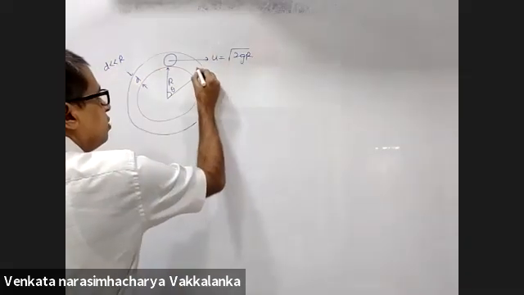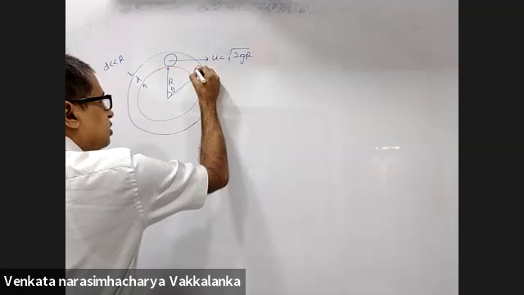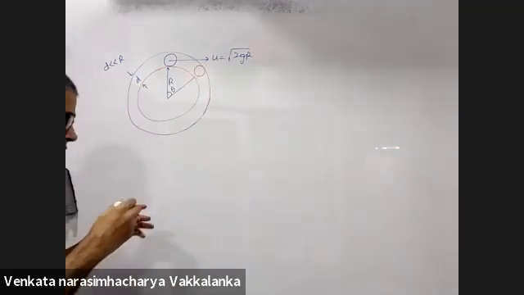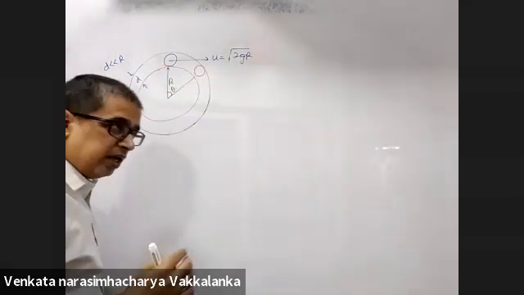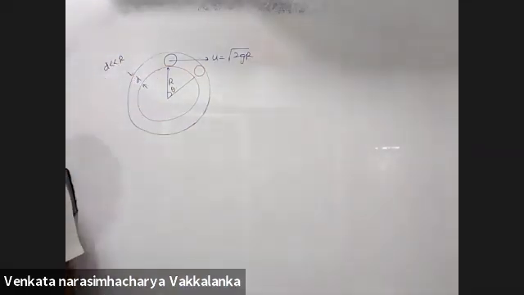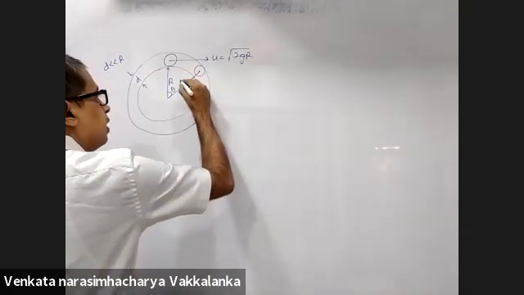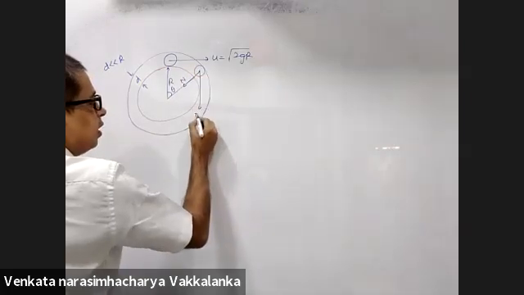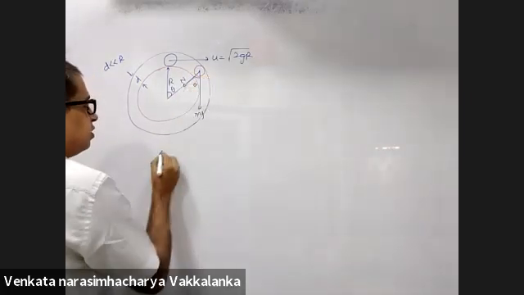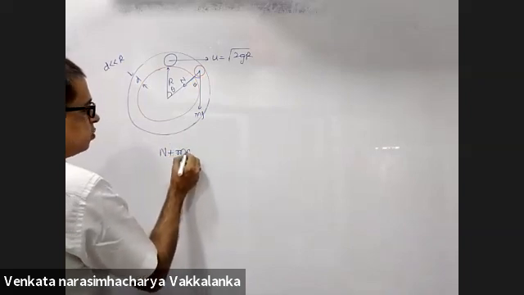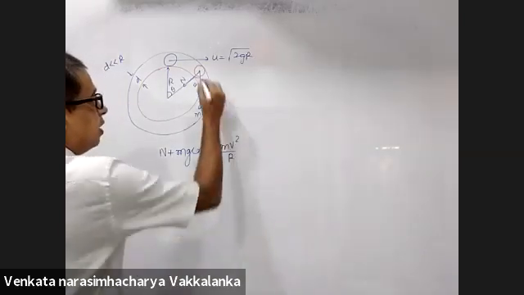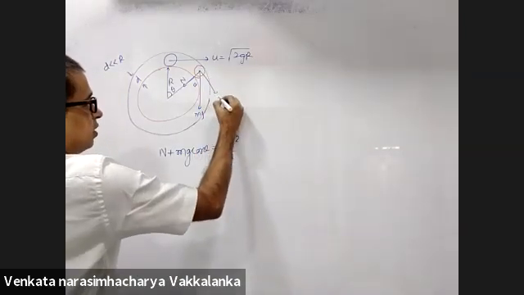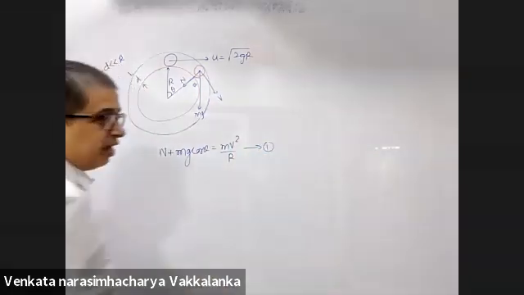The moment you give this velocity, the bob will leave contact with the inner surface and touch the outer surface. Everybody remember this point. You will have normal force here, mg here, and theta here. N plus mg cos theta is equal to mv square by r. The tangential velocity will be v. This is my first dynamic equation.